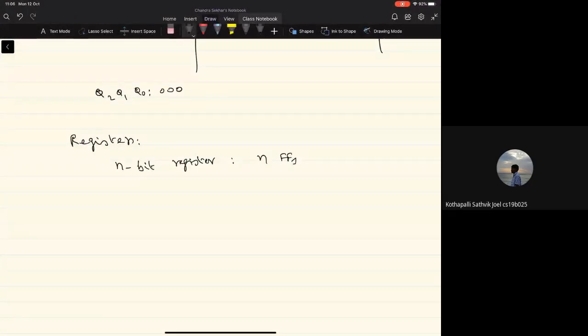Okay. So whenever we say there is an n-bit register, we'll be quickly seeing that one can build a register using n flip-flops. And typically, we'll have multiple such registers put together, called the register file. It has got nothing to do with the files that we are normally familiar with in a computer system. Here, the register file refers to a set of registers. Typically, we are interested in accessing one of the registers' contents, or we want to write some data into one of the registers. These are typically the operations that we need to perform.